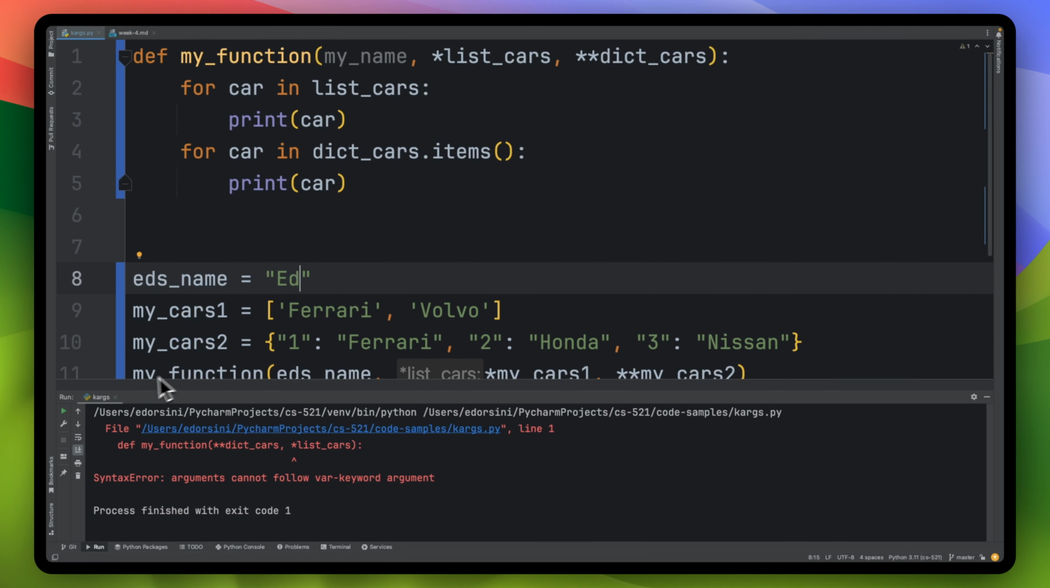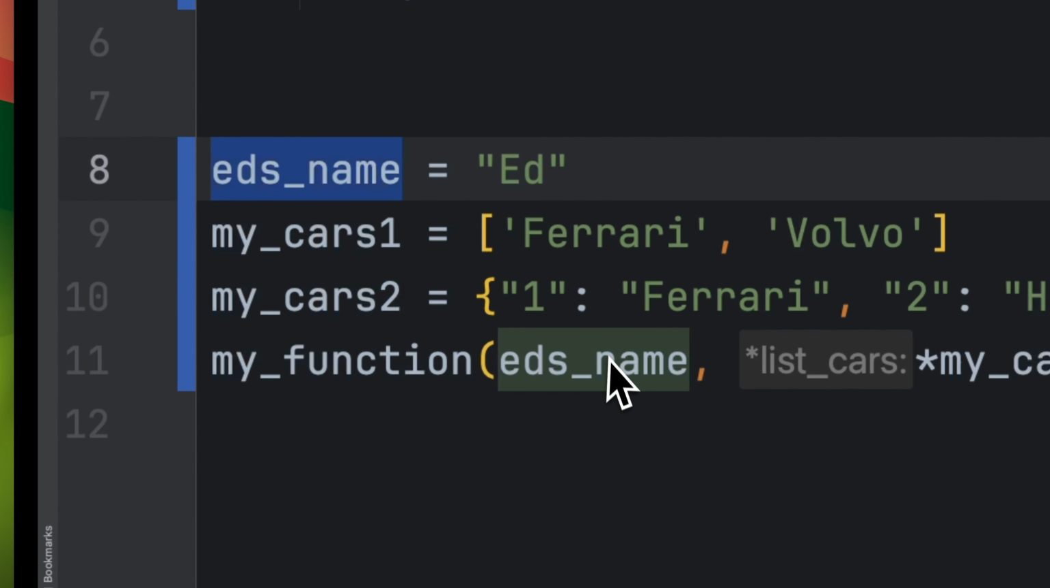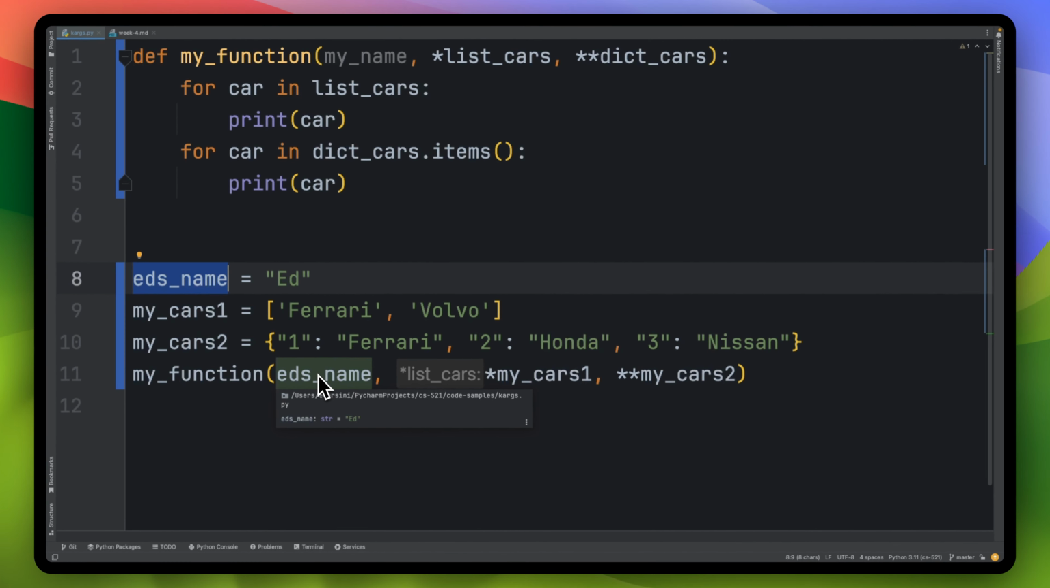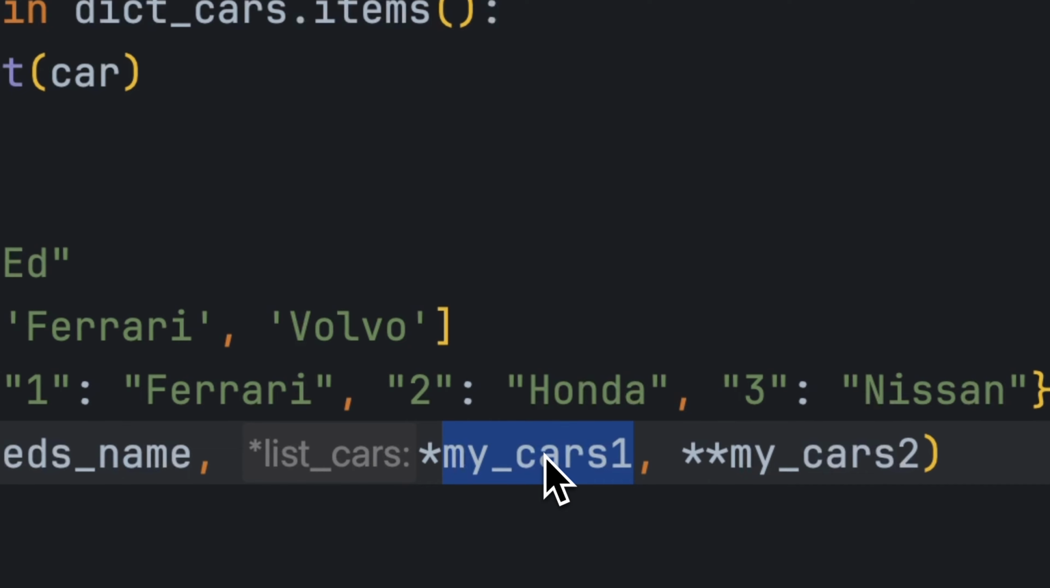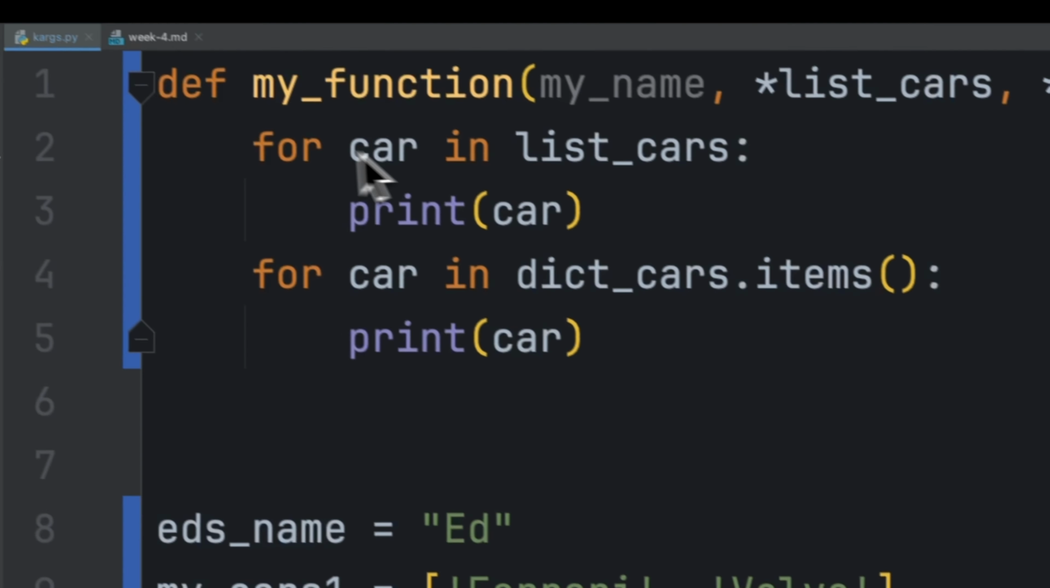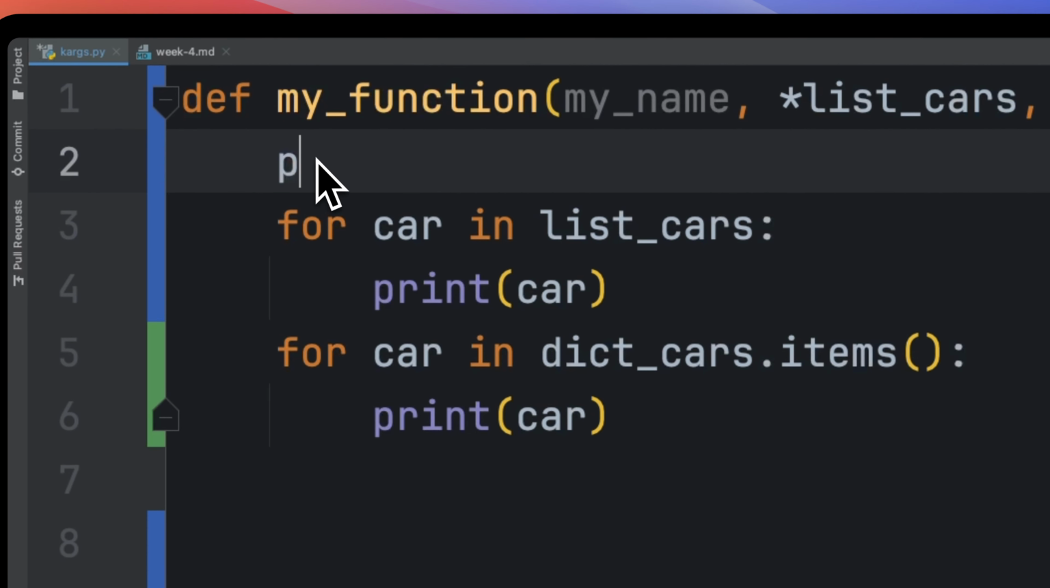Like my name, we can pass, or we can say Ed's name, and Ed's name is Ed. And so that's what I mean. Now we can pass in a regular variable, but it has to be first. It has to be in this order. So what's the order? First is the regular variable, then the positional argument, then the keyword argument. It has to be in that order, and then you can go ahead and